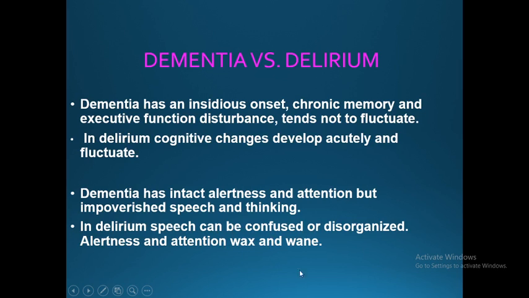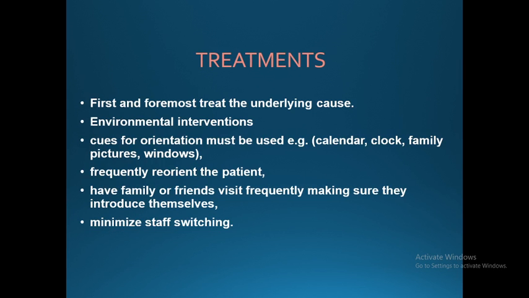and wane. Right, in delirium what happens? We said those symptoms fluctuate and reach a peak at night time. Yes, especially at night when things are not clear. Even for a normal naked eye, things are not clear at night. So in case of delirium, that becomes obvious. These symptoms fluctuate. But dementia has a gradual onset and the disease is developing, it doesn't fluctuate. Delirium is an acute condition which develops within hours or days, and that fluctuates, right?